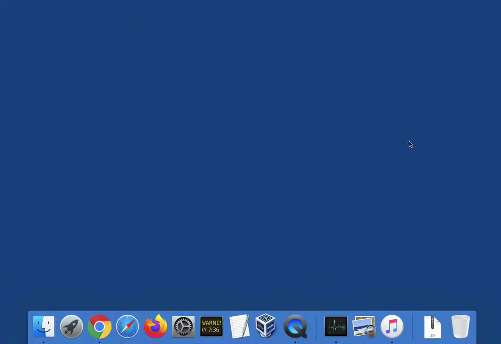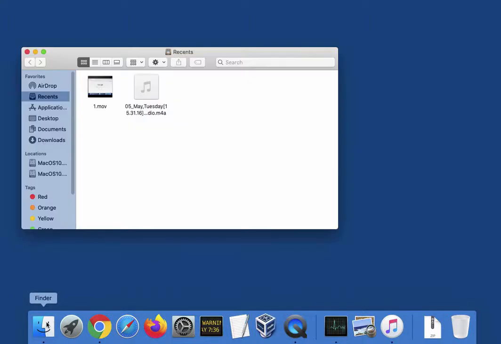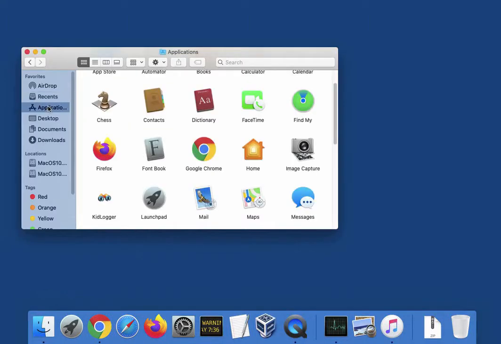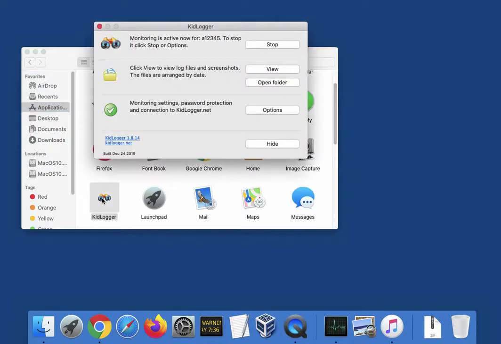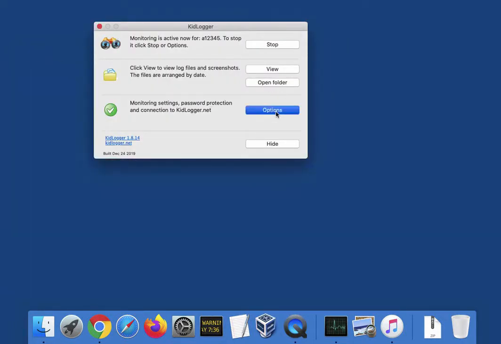Well, we rebooted the computer, and we can see that KidLogger application appeared in the list of programs. We will launch it. Here we can see the options.